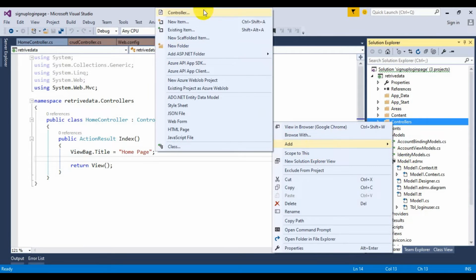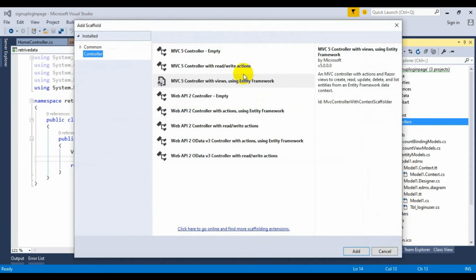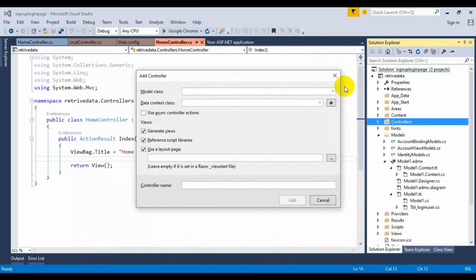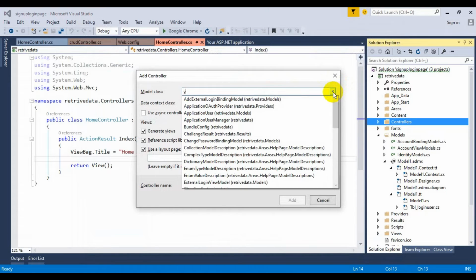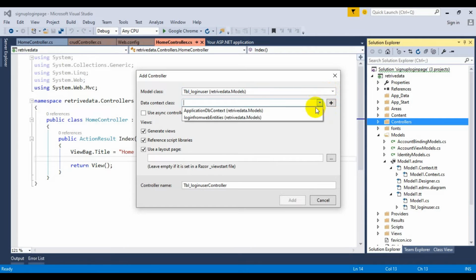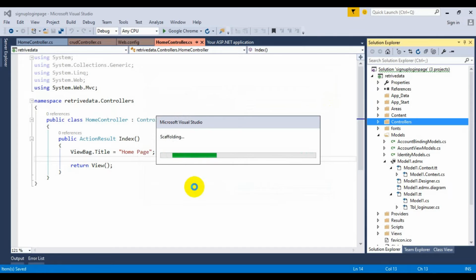Add a controller, click on OK, and select TBL login user, then check the database connection. This is my controller name. You can change the name of the controller, retrieve data. Okay, just click OK.